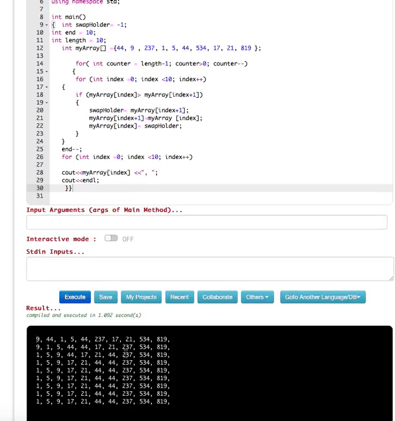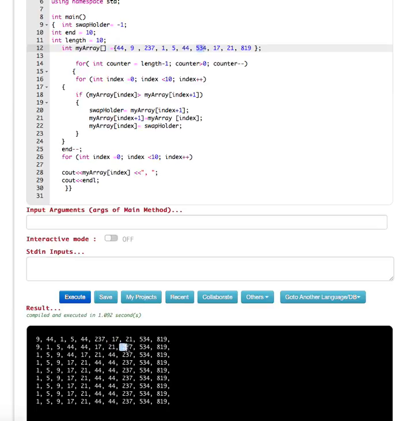Okay, so now we have printed each step, how it's going on. So this is really good because you can see what's going on right here. So the first thing that happened was, in the first one we swapped with 44, then 237 was here, right? 237 was here, and then we swapped the 237 until here, because before that one we had a 534, so it just moves until here, then 534 swapped until here, and then after that 890,